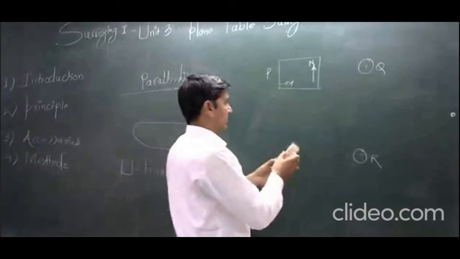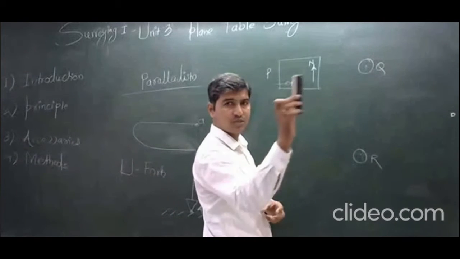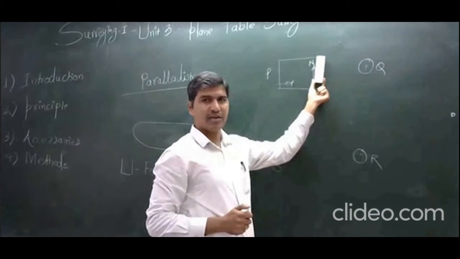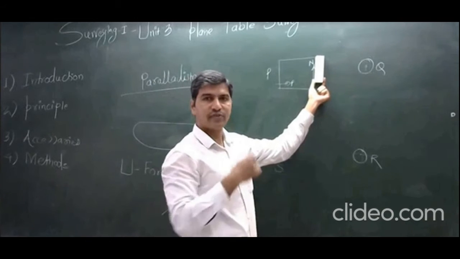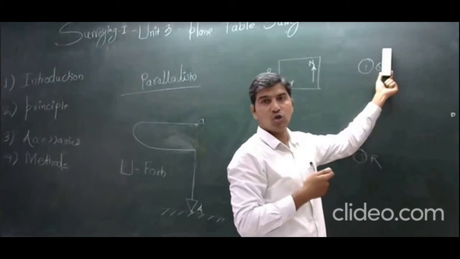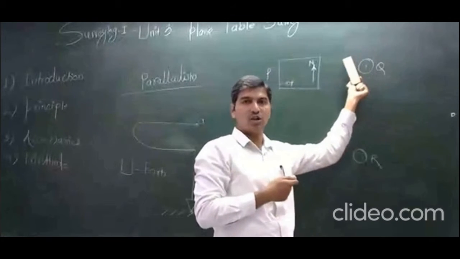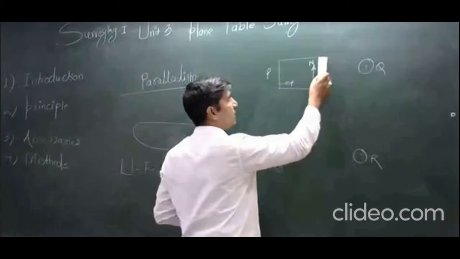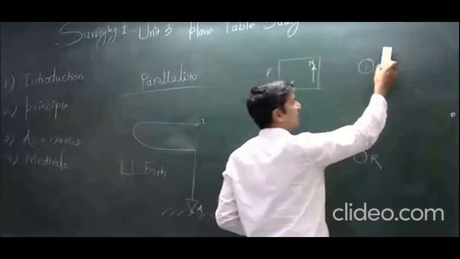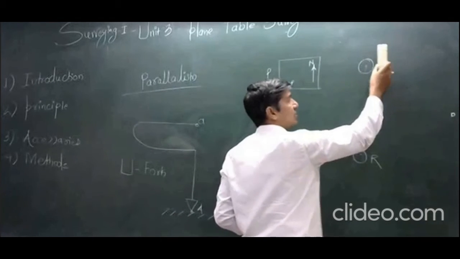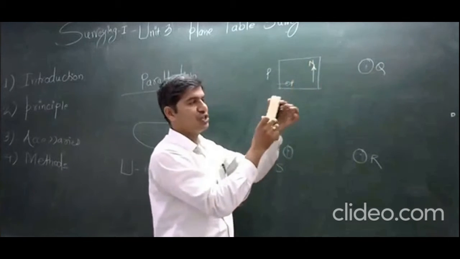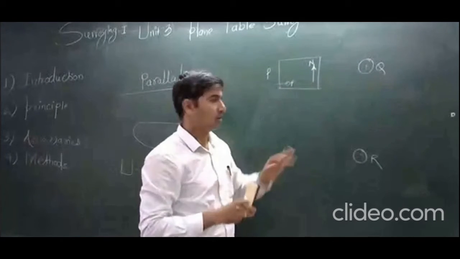Okay, so I will explain it again. Suppose this is the plane table. I have kept the plane table in such a fashion. After completing the work, I will shift it towards the point Q. I should not change the rotation of the plane table. If it is in the same fashion, I will just shift it in the same fashion and keep it on the point Q. If I slightly change the direction of the plane table, what will happen?